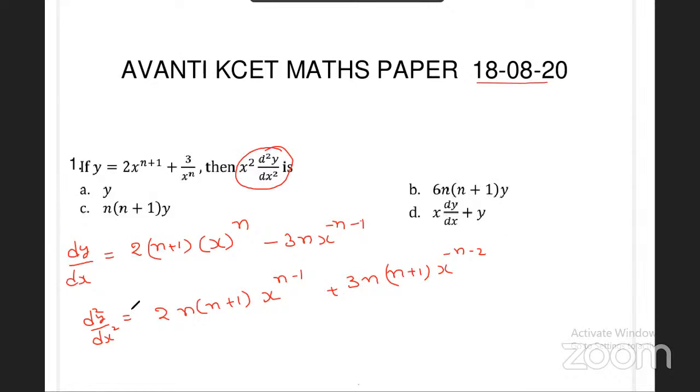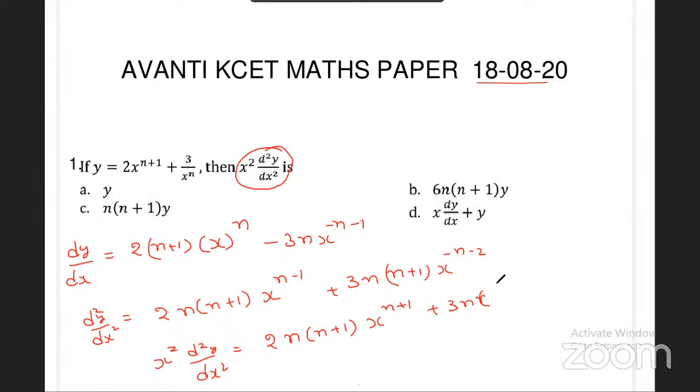Now what is required? Just multiply x square to this entire equation and see what you get. x square d square y by dx square means the entire thing you are multiplying with just x square. How much do you get? 2 n n plus 1 as it is, right? And then x square multiplying, you get n plus 1, correct or not? So plus 3 n,